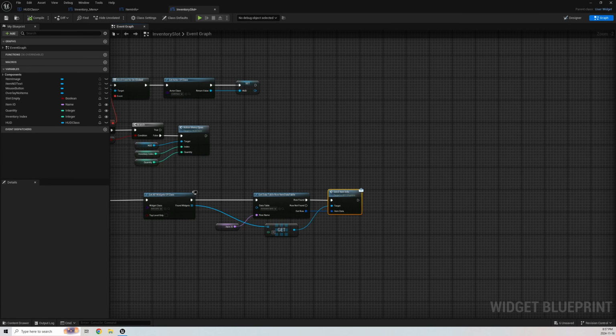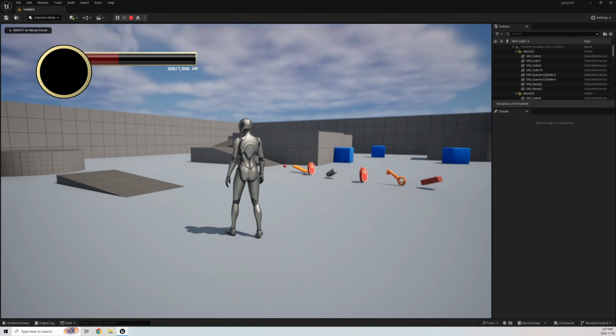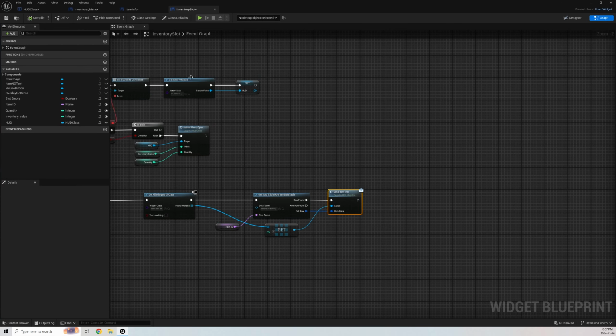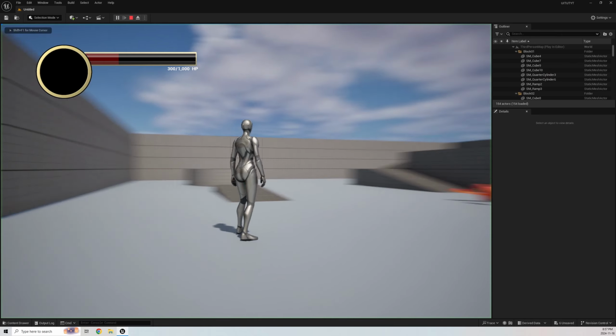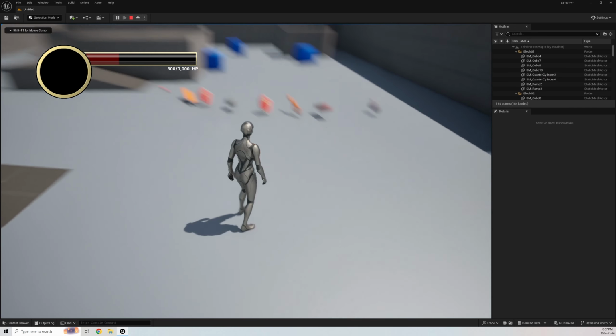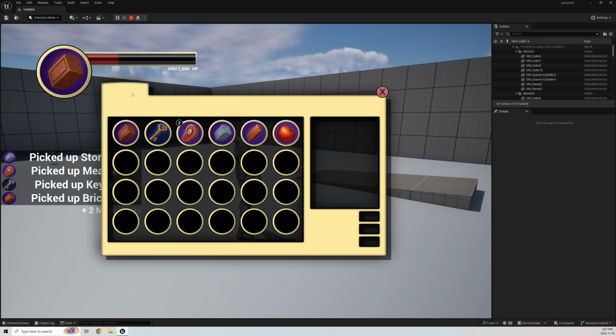Let's just test it out. Oh, one thing we didn't do, I just realized before we test this out. In our inventory menu, let's click on this and set it as hidden so that it doesn't show up right away. And now let's test it out. We'll open our inventory. It's not there. Then we'll pick up a bunch of items. And then we will open our inventory. And then once we roll over one,